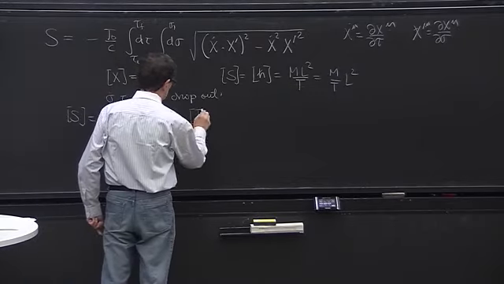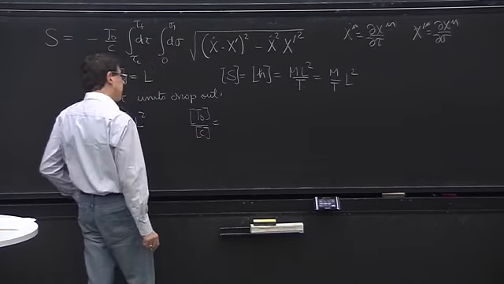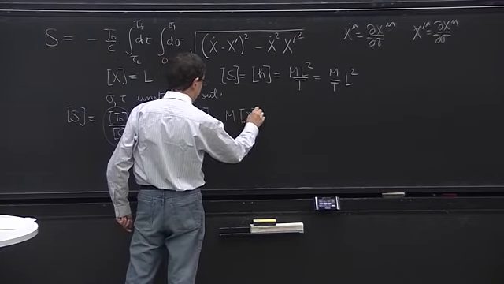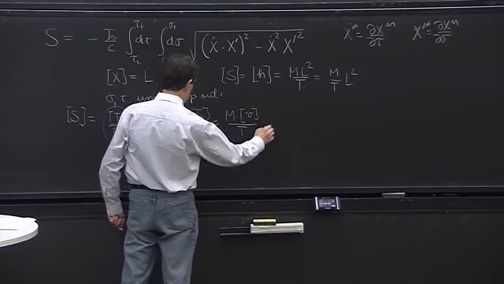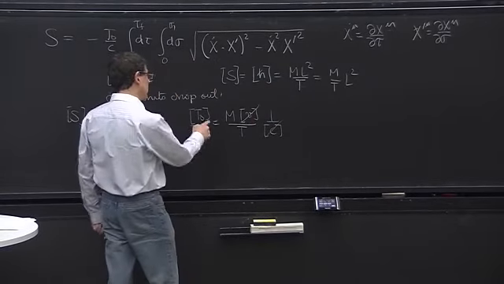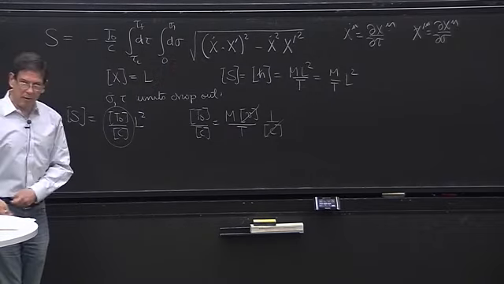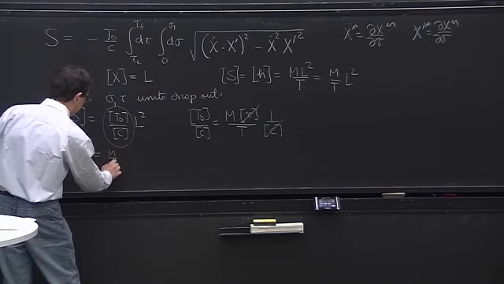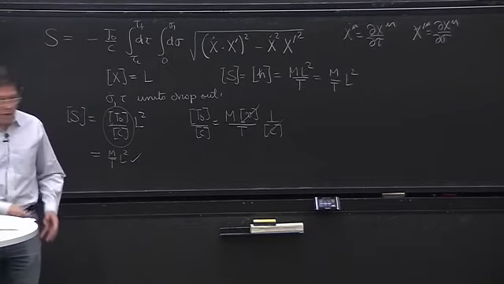The units of T naught over c. T naught is a force, so it's a mass times an acceleration. So it's units of mass times velocity divided by t. That's T naught. And then the c has units of velocity, so T naught over c has units of m over t. So the units are correct. T naught over c has units of m over t, and you have L squared, and they work out. So with the units right,